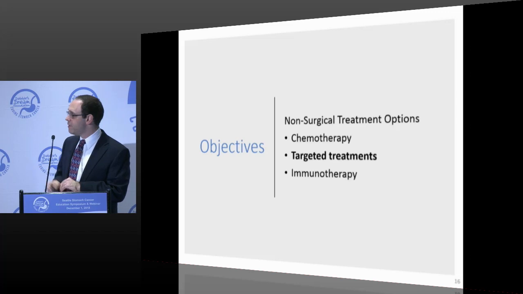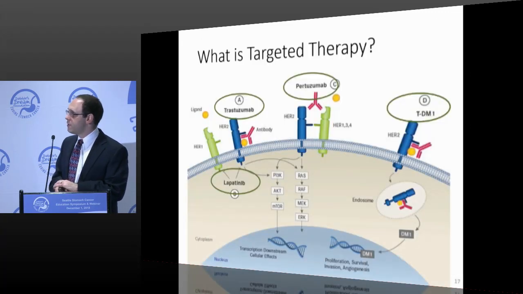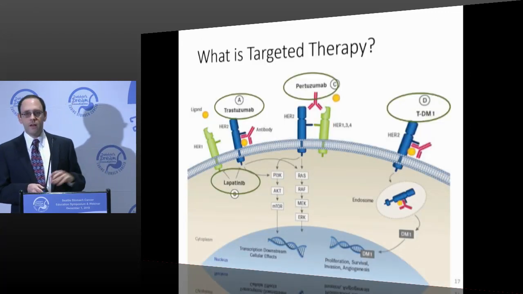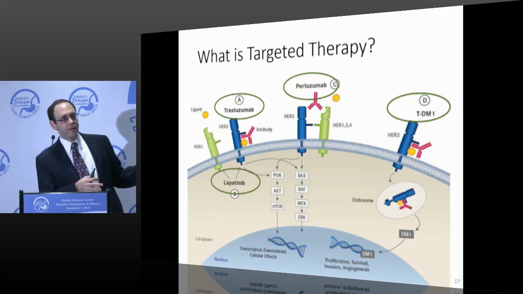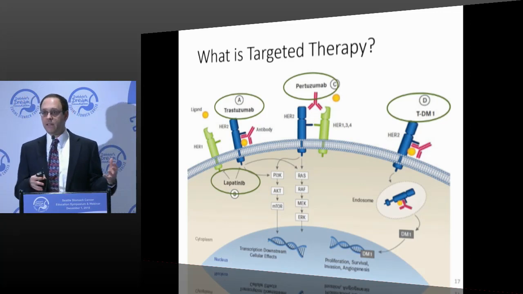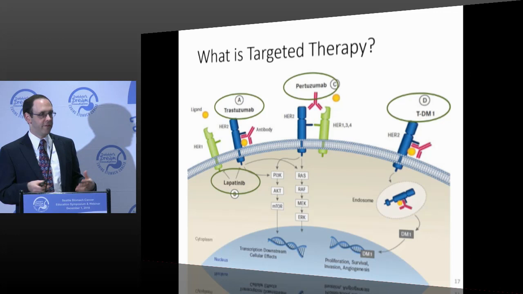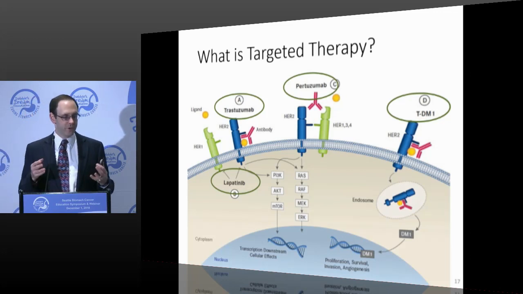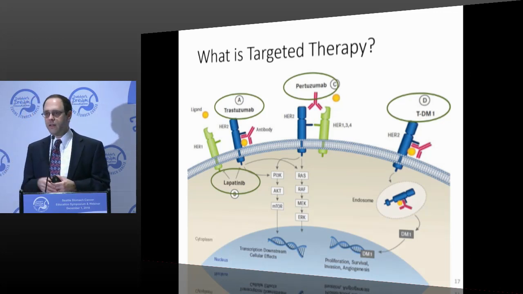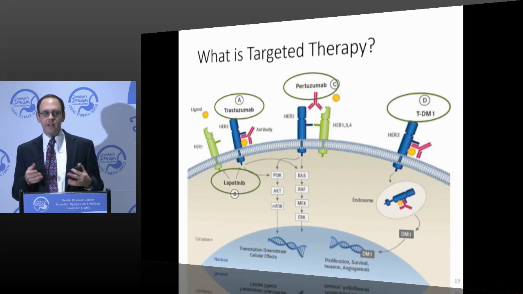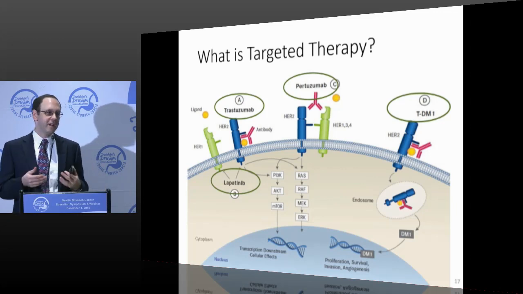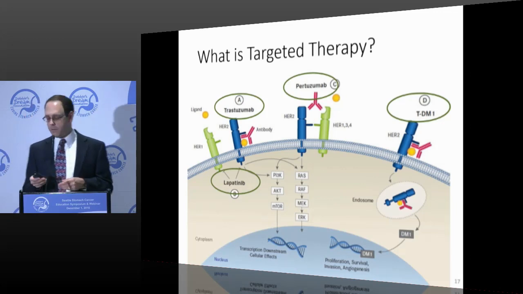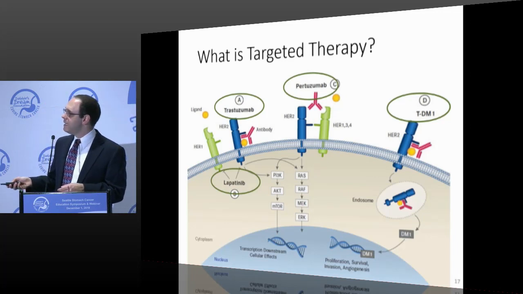Targeted treatments. So what do we mean when we say targeted treatments? So I talked about chemotherapy as being something that attacks DNA and the way cells divide and has side effects more general related to that. Targeted therapy, to some extent, has other side effects and is less targeted, I would say, from a patient perspective than from my perspective. But the idea is that, in this case, what this picture is showing you is